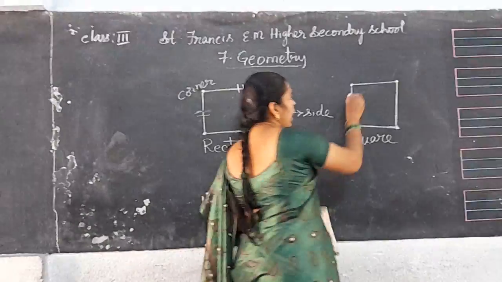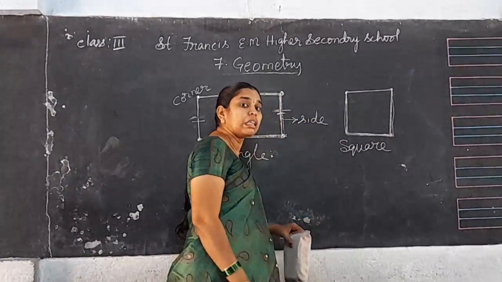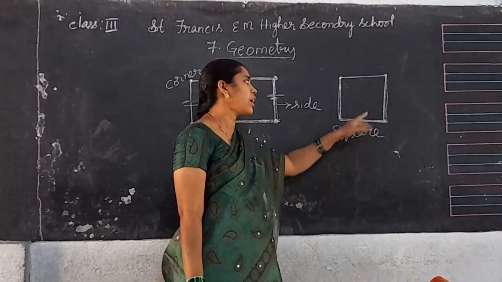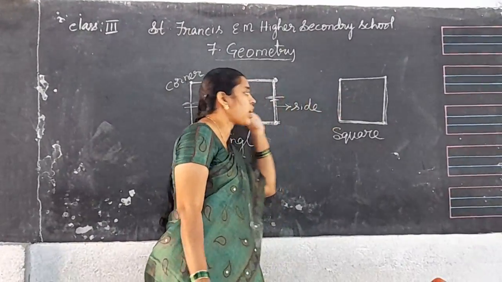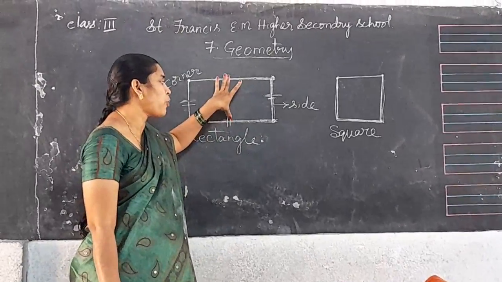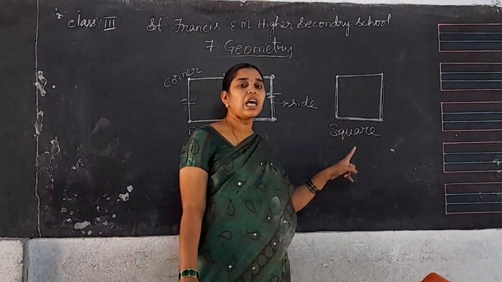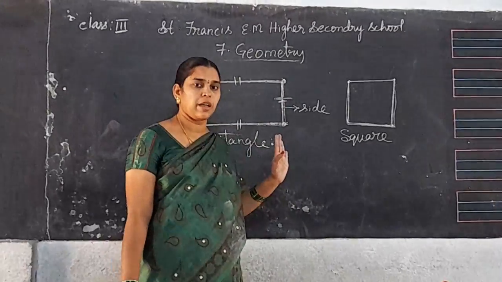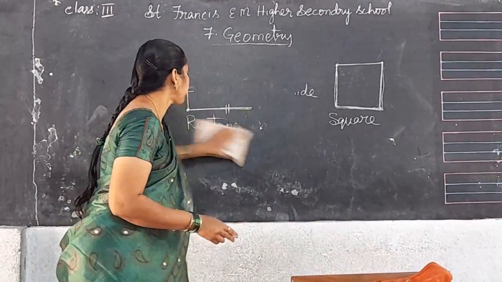Here all sides are equal in length. That figure is called a square. Here also 4 sides, here also 4 sides. Here 4 corners, here also 4 corners. Then what is the difference? Here in a rectangle opposite sides are equal, but in a square all the sides are equal. This is the difference between these two pictures. Okay. Now I am going to explain